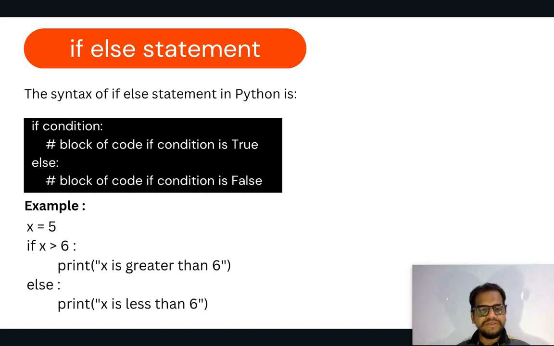So we will check it with an example. x is equal to 5, if x is greater than 6, then print x is greater than 6, otherwise else, print x is less than 6. This is the way to write an if else statement. So we will learn the next one,